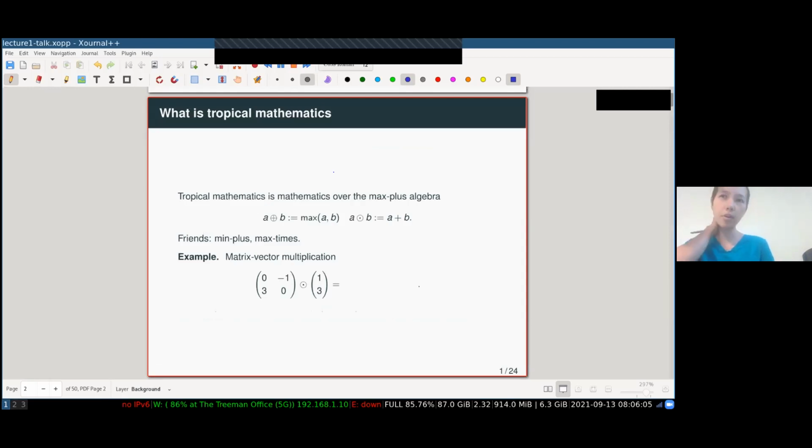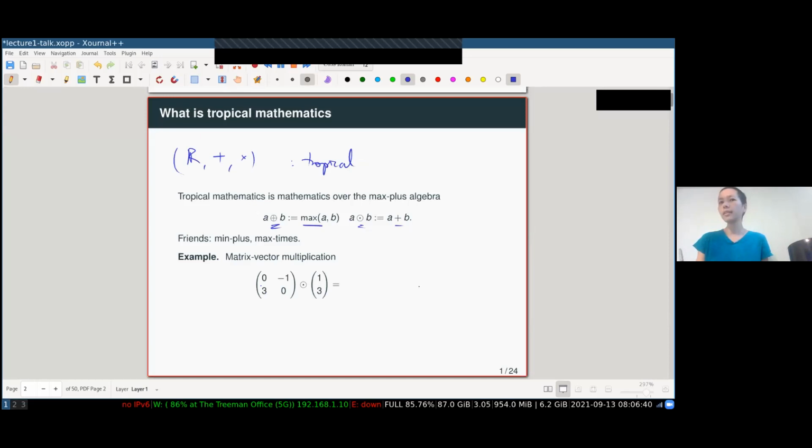Okay, so what is tropical mathematics? The simple answer is that it's mathematics over the max-plus algebra. That is, instead of the usual ring where we do addition and multiplication, now I do the tropical semi-ring, where addition is replaced by max and multiplication is replaced by addition. Okay, so that changes the underlying arithmetic, but we can still speak of